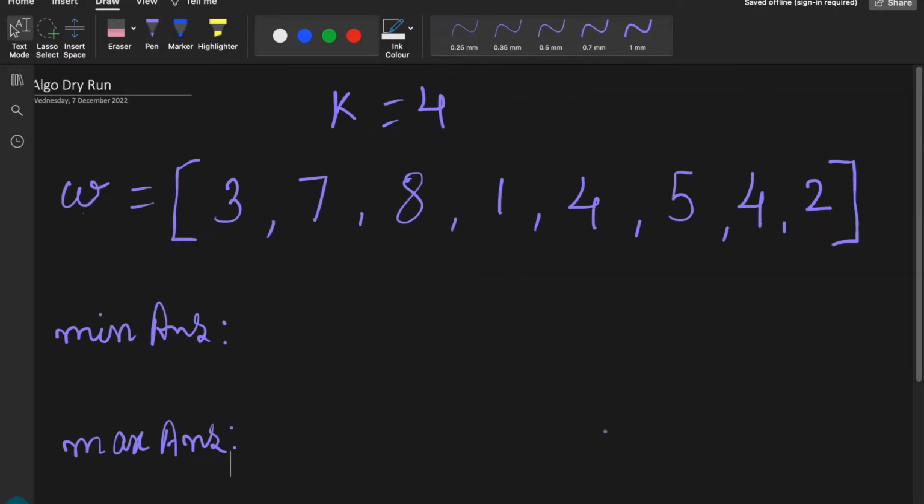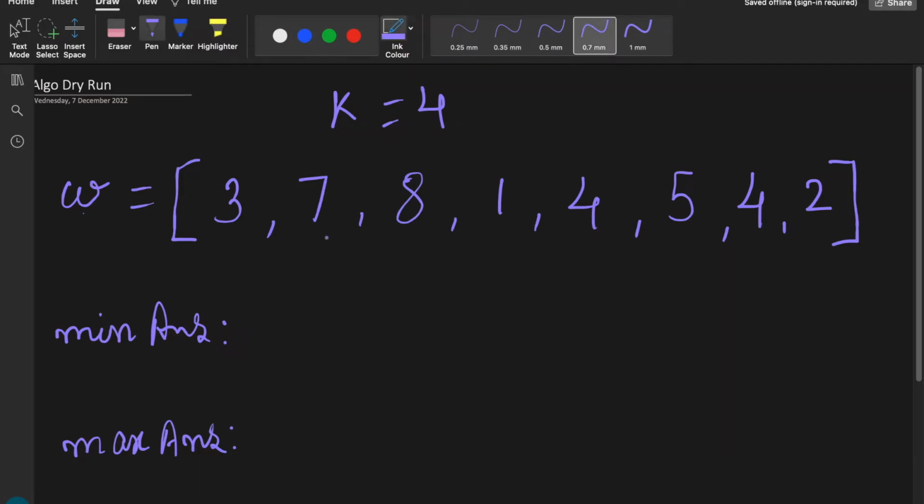So what our solution is, we will consider all adjacent elements, add them, because we were adding ending of a bag plus starting of a bag in our answer. We will add them and push them into a vector or array, sort that vector array, and we'll get the minimum and maximum answer. That's the solution. Now let's understand it through a dry run.